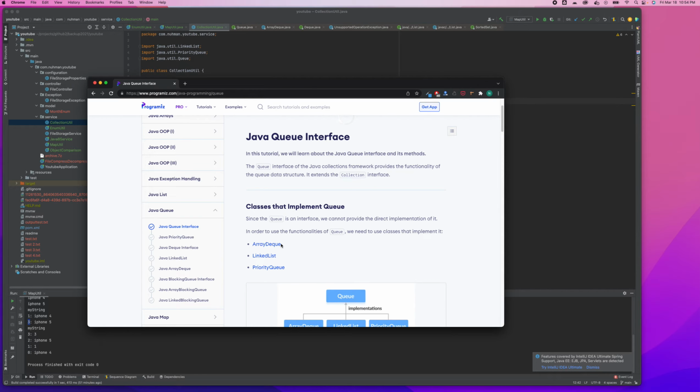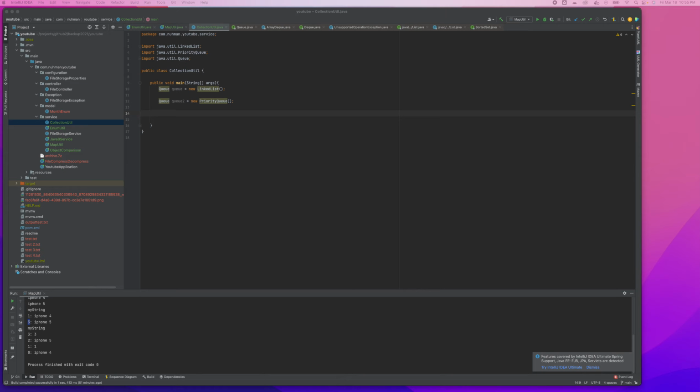Since Queue is an interface, we cannot instantiate it. Here they are saying ArrayQueue, LinkedList, PriorityQueue, so I guess only three things are available. But right now we are going to discuss these two things. We will continue the remaining things in our next video. Right now we are just giving an introduction to the queue interface. So what is the difference between PriorityQueue and LinkedList? That's the thing